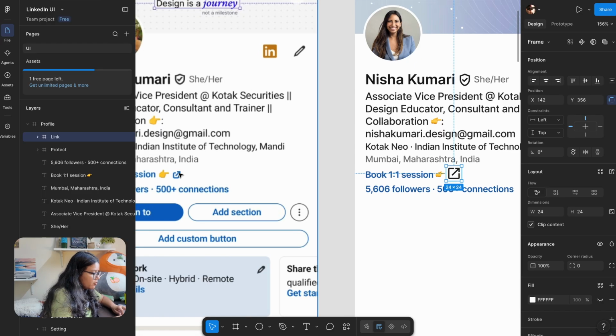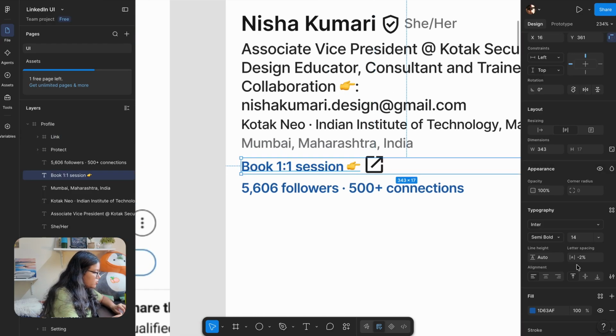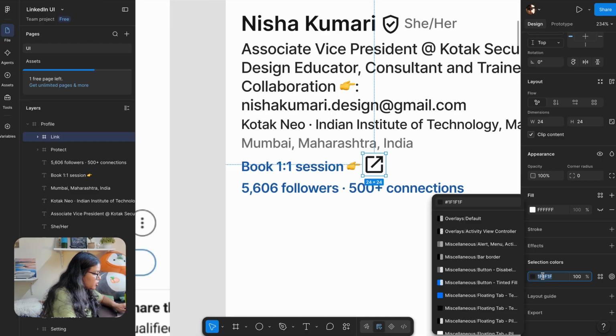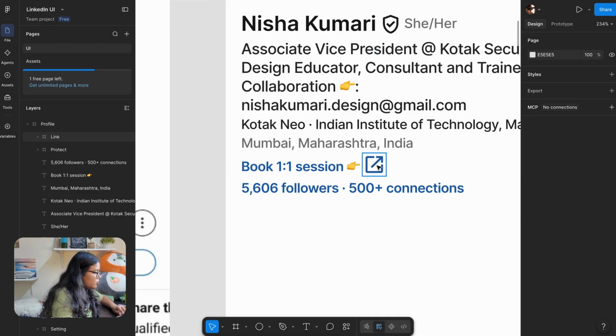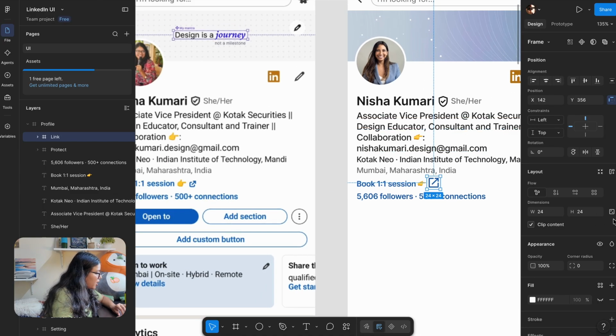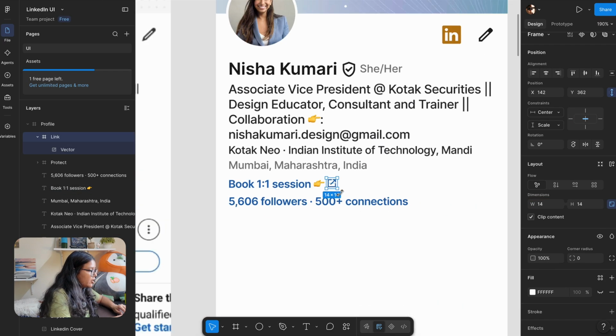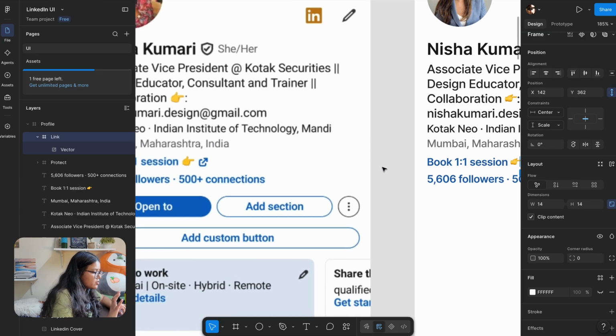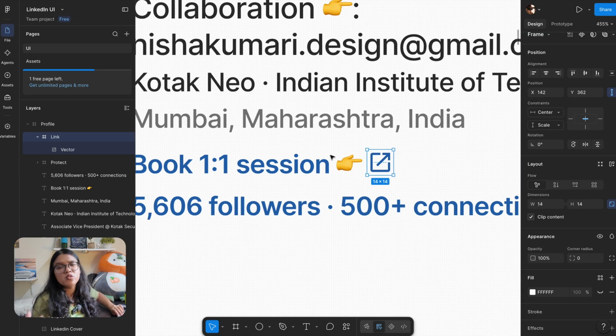The color is supposed to be same as जो इस text का है, so I'm gonna copy it from the fill. Selection में जाके paste, ठीक है. I have to make it smaller. I'm gonna eyeball it, but first lock the aspect ratio, ठीक है. Then I'm gonna reduce it. I'm gonna make it somewhat 16, ठीक है. And what is happening right now, मैं इसको ना इस बटन से like the text इससे थोड़ा सा दूर रखना चाहती हूँ, maybe like 4 pixel or something like that.